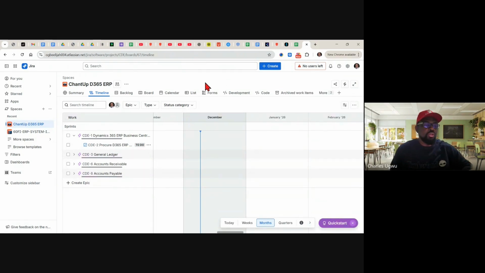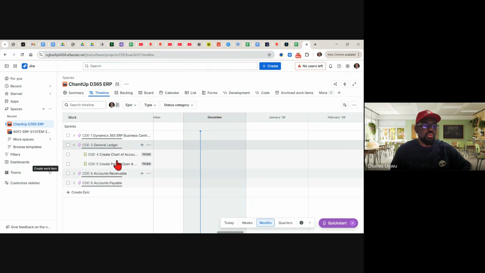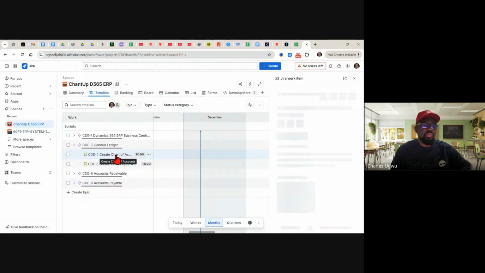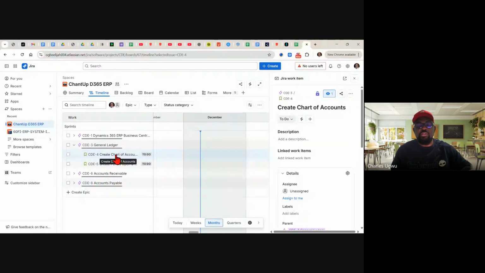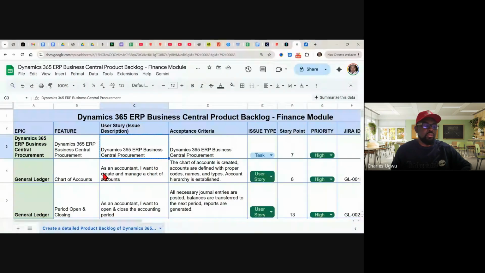So I've got this one sorted out, and I'll come down to the second work item here. We have 2 work items here. I'll open it up to refine it, and I'll add the description so that the developers will really understand what I mean by create chart of accounts. And I'll come over here, and this is the user story here.